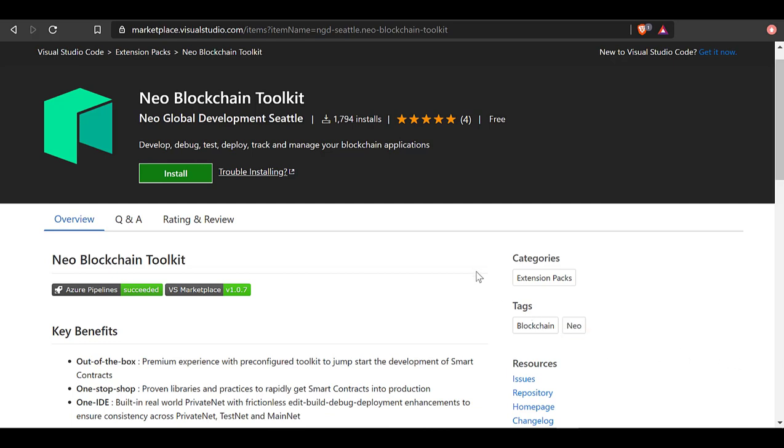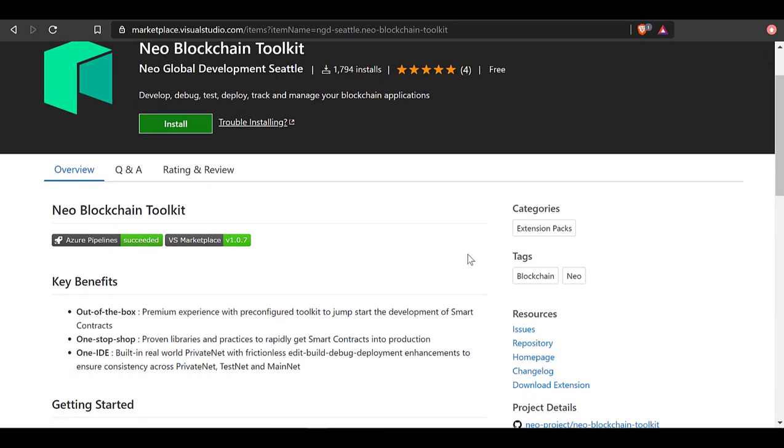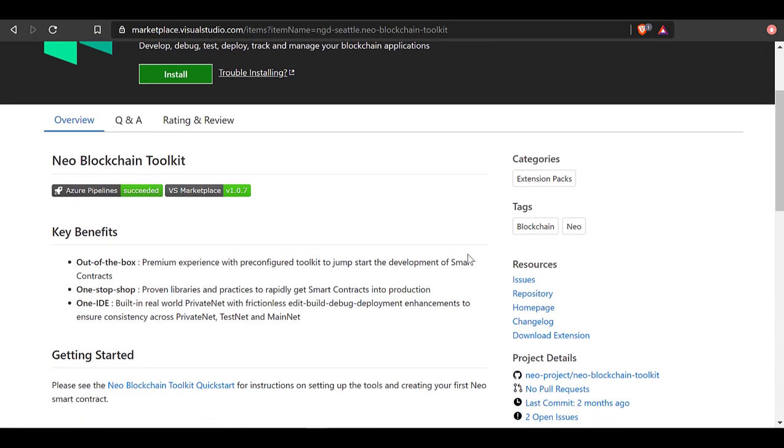So here we are on the VS Code Marketplace site. And as you can see, the Neo Blockchain Toolkit. Let's give you a quick sense of the key goals. One was to be an out-of-the-box experience. Second was to be a one-stop shop so that developers did not have to go to multiple locations to get